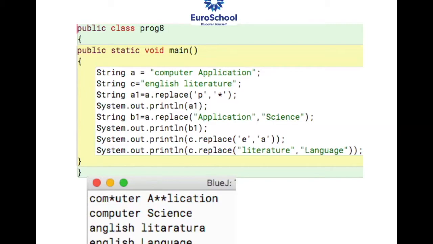I took s1 as one string and stored Mumbai in that, s2 Goa, s3 Chandigarh, s4 Delhi. So I made another string s5 and I wrote s1.concat(s2), then .concat(s3), then .concat